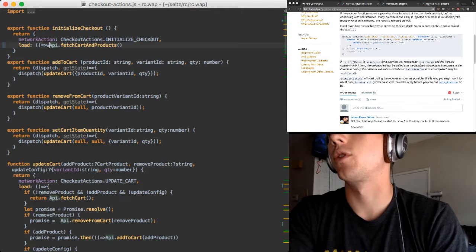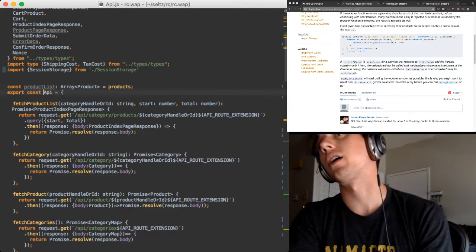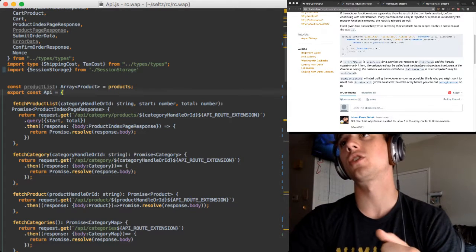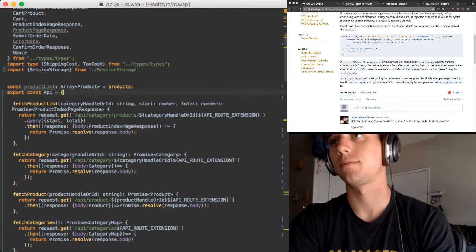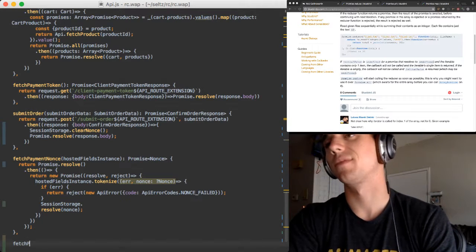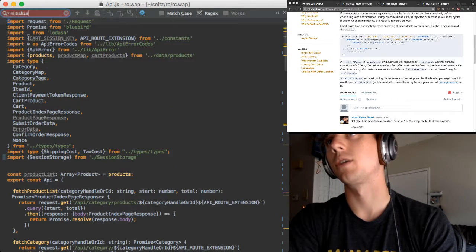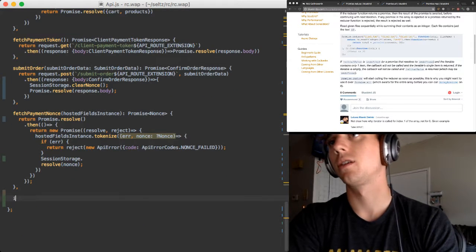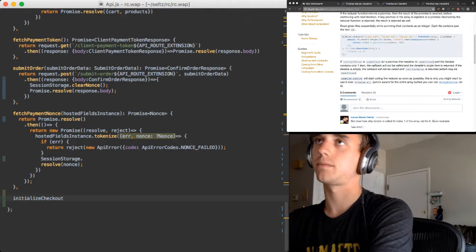Okay, so let's go to API. This is the API class we've written, and it doesn't do anything fancy. It's just a wrapper around the logic to request things from the back end. I'm not sure if I should show people this, but whatever. Okay, so I'm going to add a function called initialize checkout. This is going to return a promise,